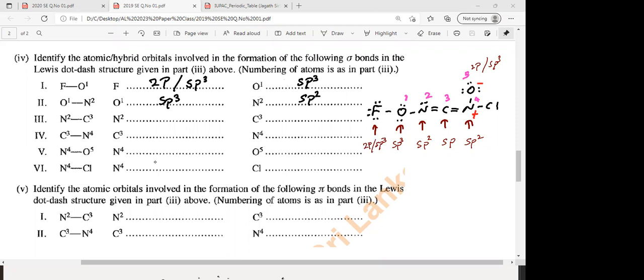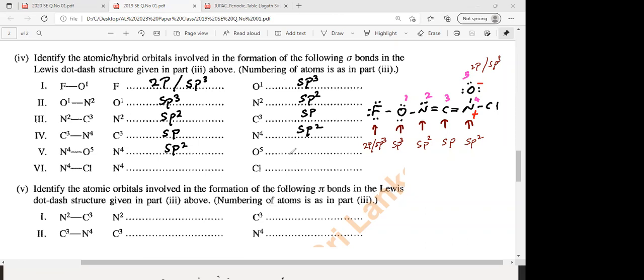Anyway, I'll quickly write that. You can mark with a red pen those who have done this at home. Number 3, you can write sp2. This is C3 will be SP, and again C3 will be SP, N4 will be SP2, and N4 will be SP2,